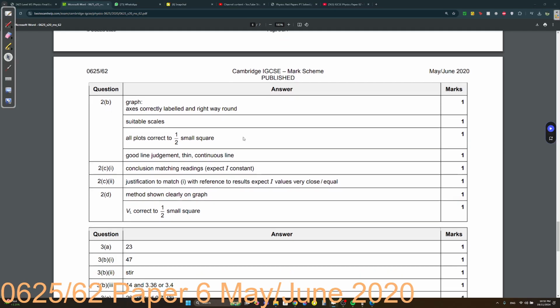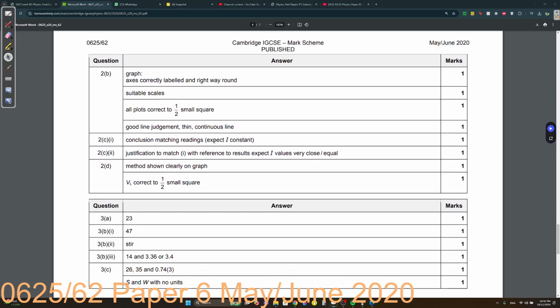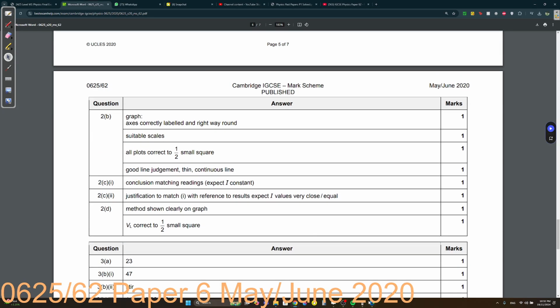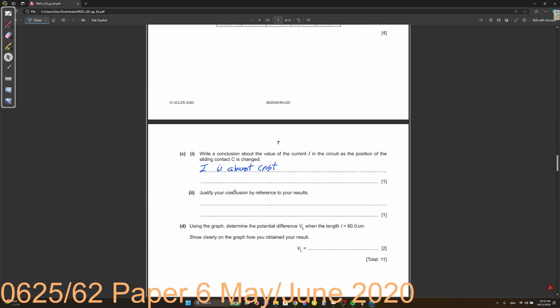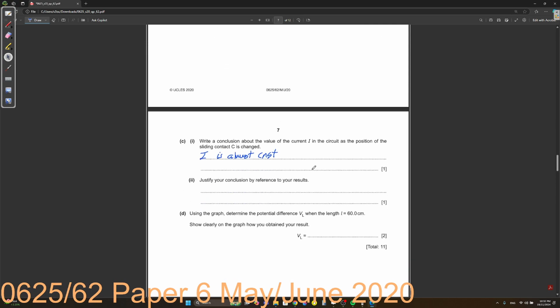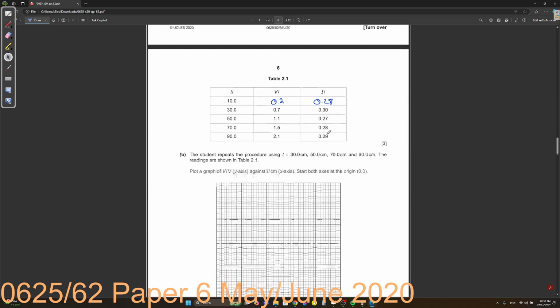Okay. C, they said just any conclusion that matches the readings, and they said expect I constant. So anything that just makes sense. I is almost constant. Okay. Justify your conclusion by reference to your results. So basically, look at your results and justify it. You can list, for example,